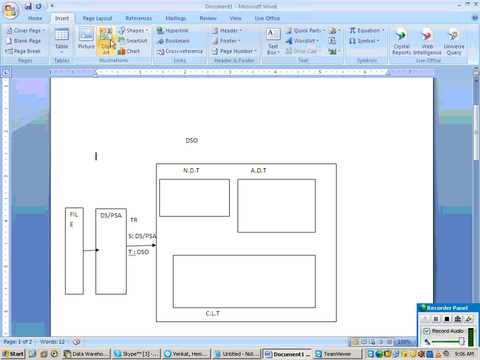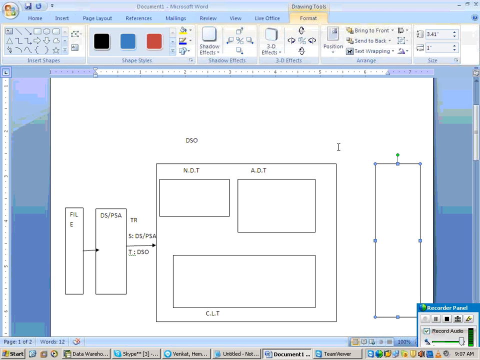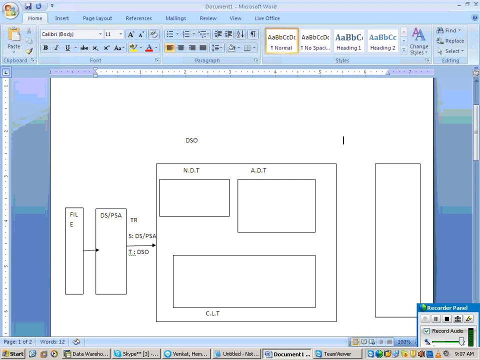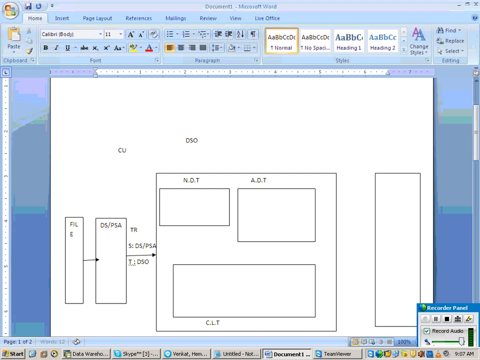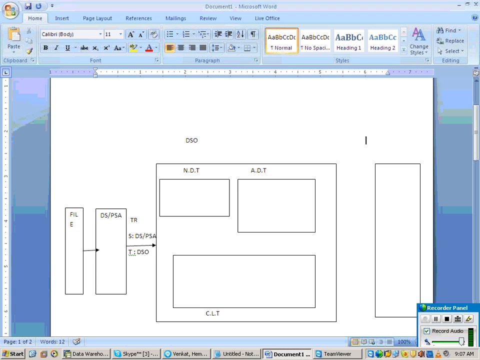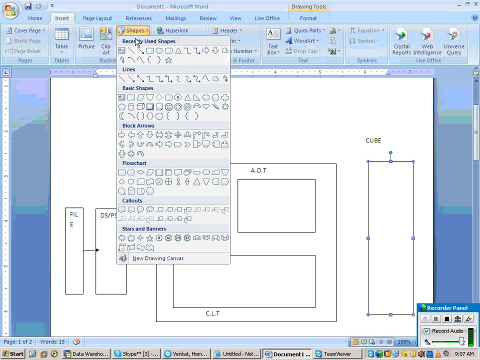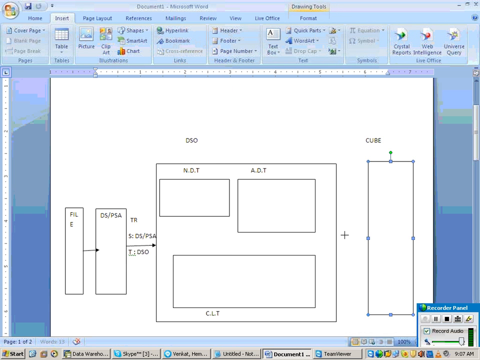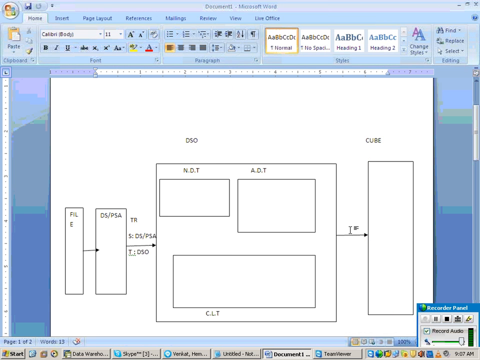From the DSO, where are we loading now? To the cube. Now again between DSO and cube there is one more transformation. We don't have any PSA here because the DSO is in BI itself, so why should I stage it?